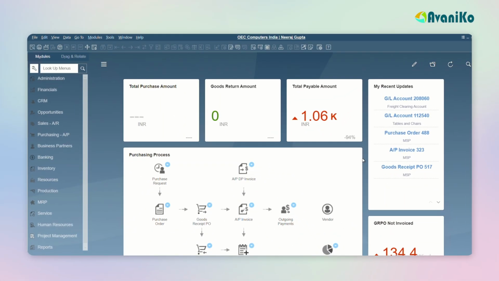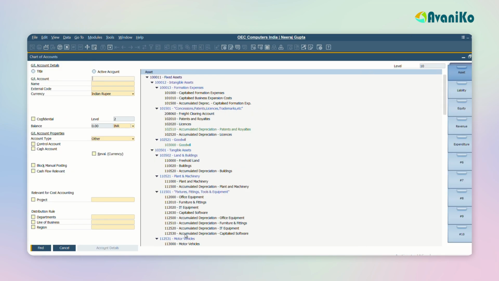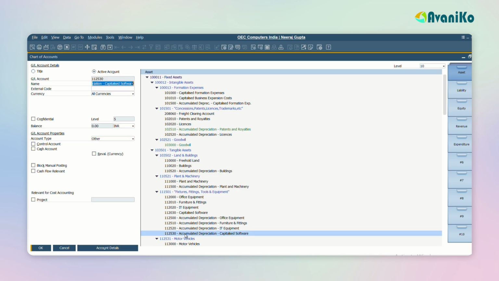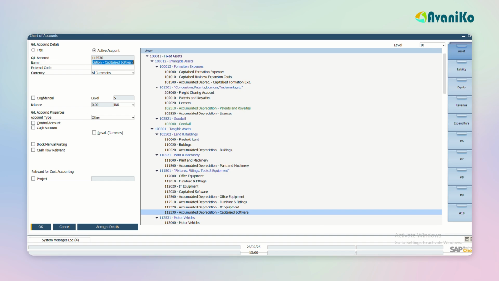The first topic in the chart of accounts and general ledger is the general ledger creation. So it has to be inside Financials, Chart of Accounts. So you can see that it is opening in the find mode. Say for example, I'm going to create a new account called tables and chairs under the fixtures, fittings, tools and equipment. So what I'm doing, first step, I have to select the ledger below which the new ledger has to be created. Say for example, if I need to create the new ledger here, I'm just selecting this particular ledger. So now I have to go to the add mode.